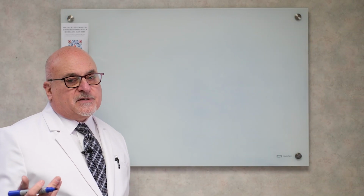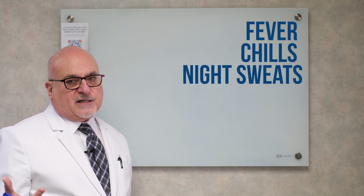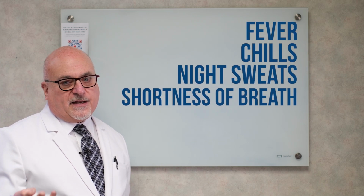So what are the symptoms of endocarditis? Typically fever, chills, night sweats, you can have shortness of breath, and you can see some embolization. Anybody who has symptoms of fever, chills, night sweats, whether it's bacterial endocarditis or something else, it needs to be